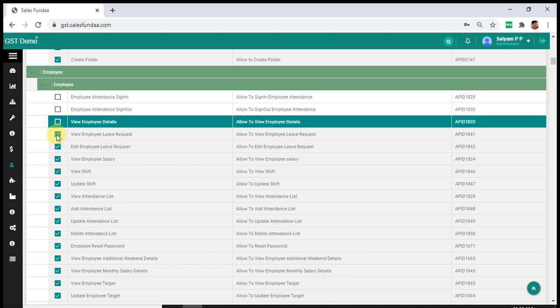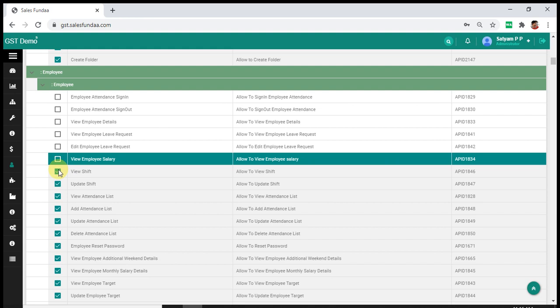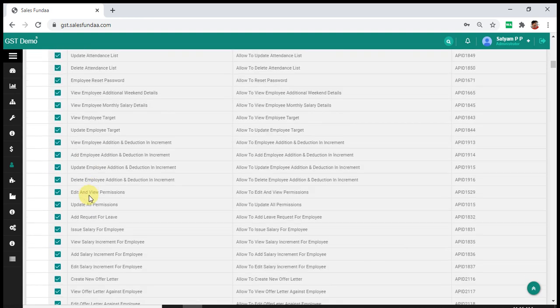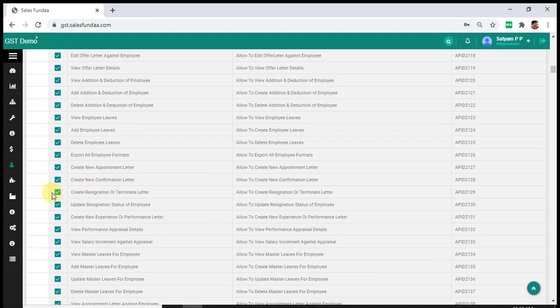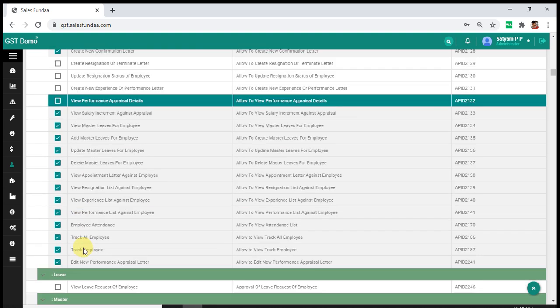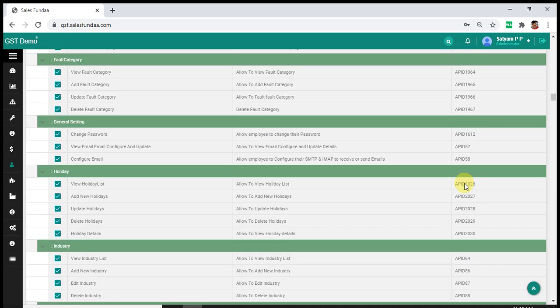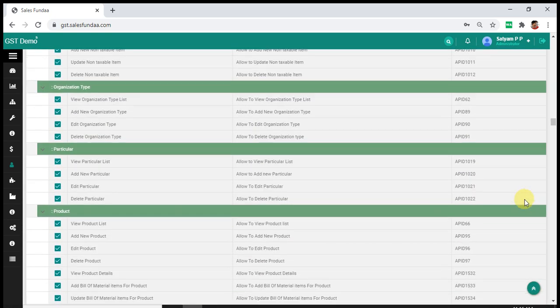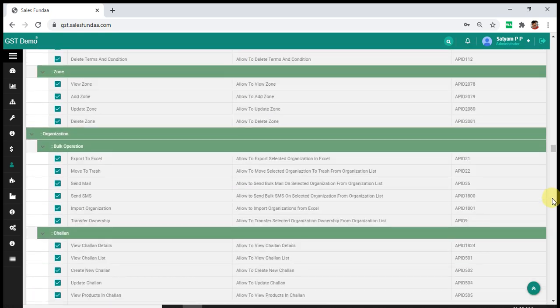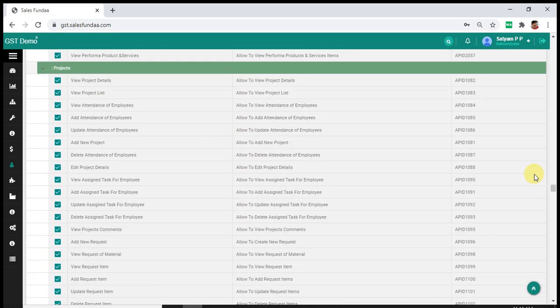If you deselect this module, it will not show on your employees' CRM. So you can select whatever rights you want to give to your employee.